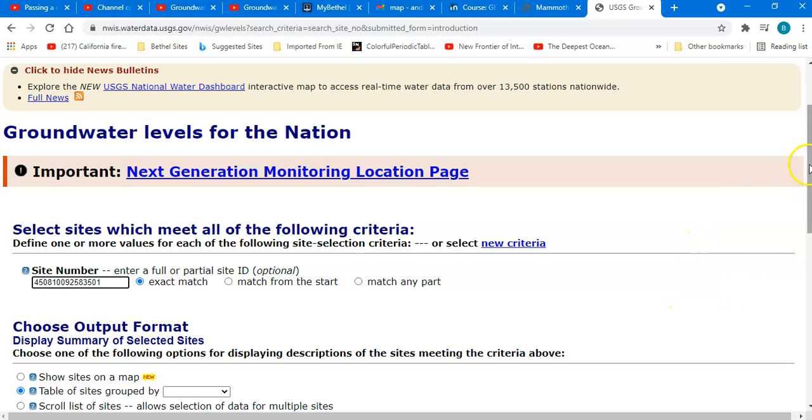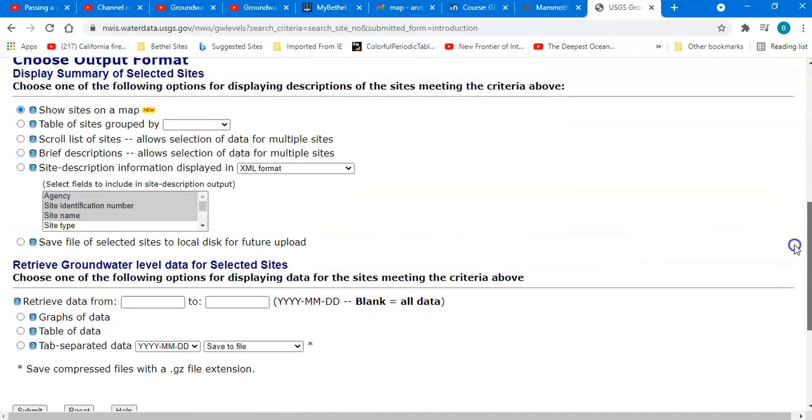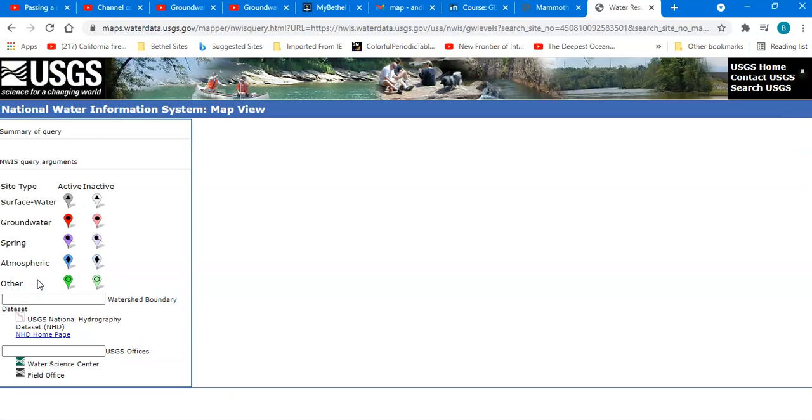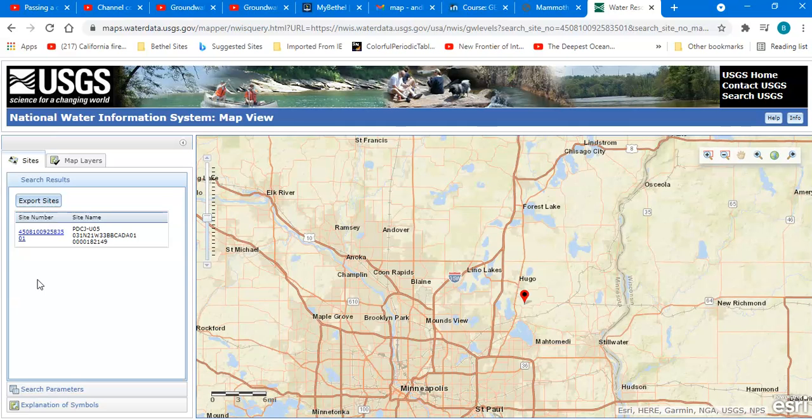And then we'll select Show Sites on Map. Then we want to submit it again. And we should get an amazing transformation. There we go. And we're going to zoom into Hugo, Minnesota. And so